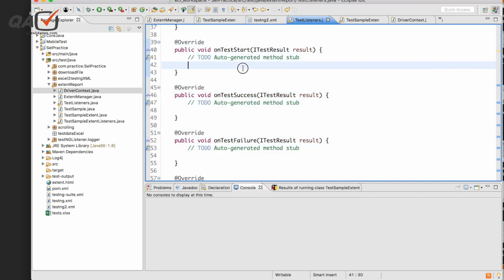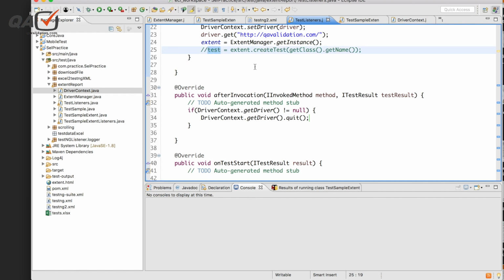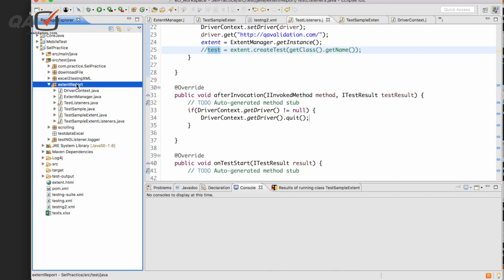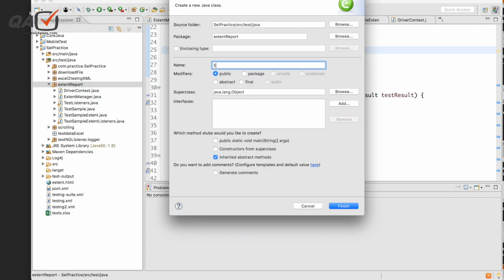Okay, now here this test is there, right? We need this one to send the logs. So we won't write it here actually. We need to create setters and getters for the test as well, like we have done for the extent. So let's create another class, let's say extent